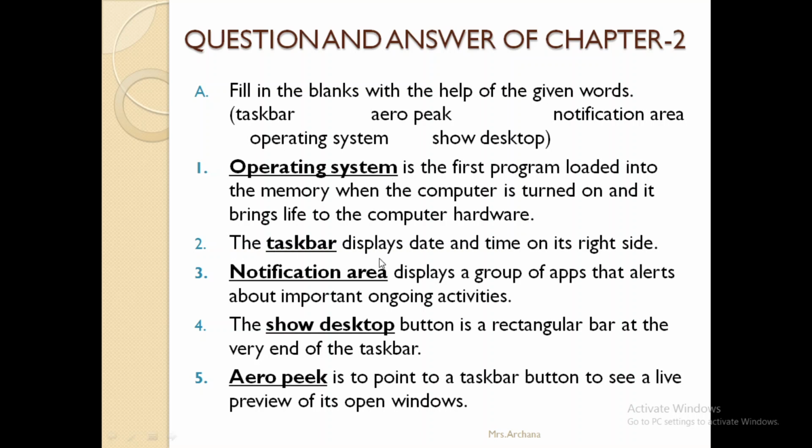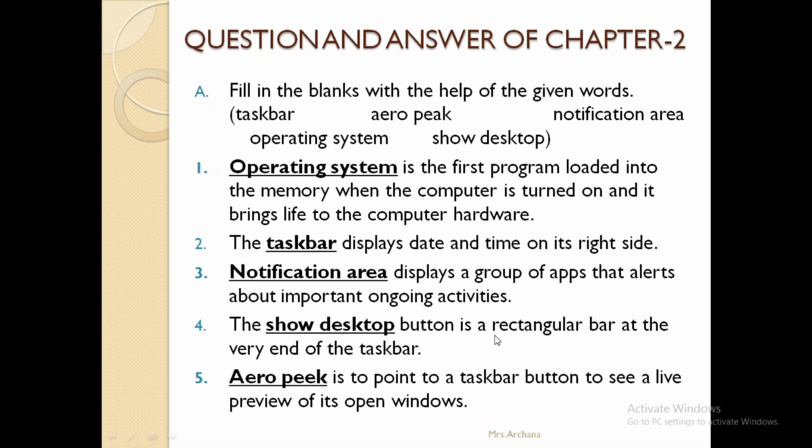Next: the dash displays date and time on its right side. Which displays date and time? Taskbar. Third: dash displays a group of apps that alerts about important ongoing activities, that is the notification area.